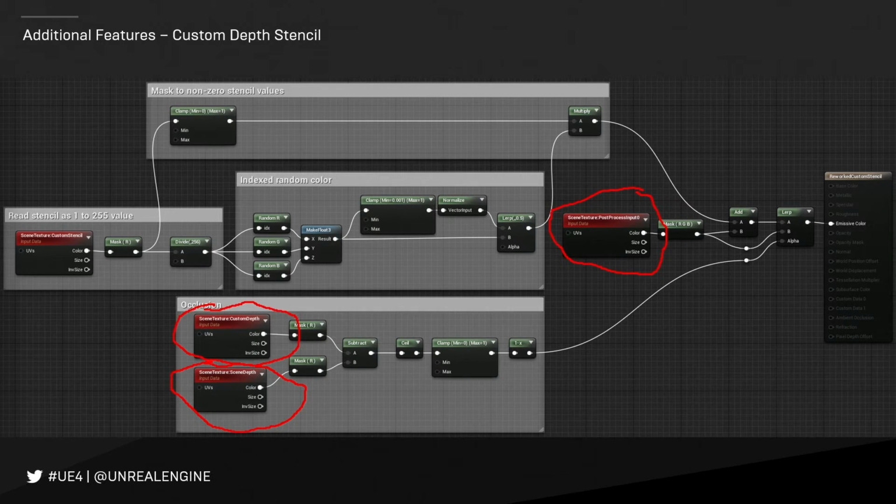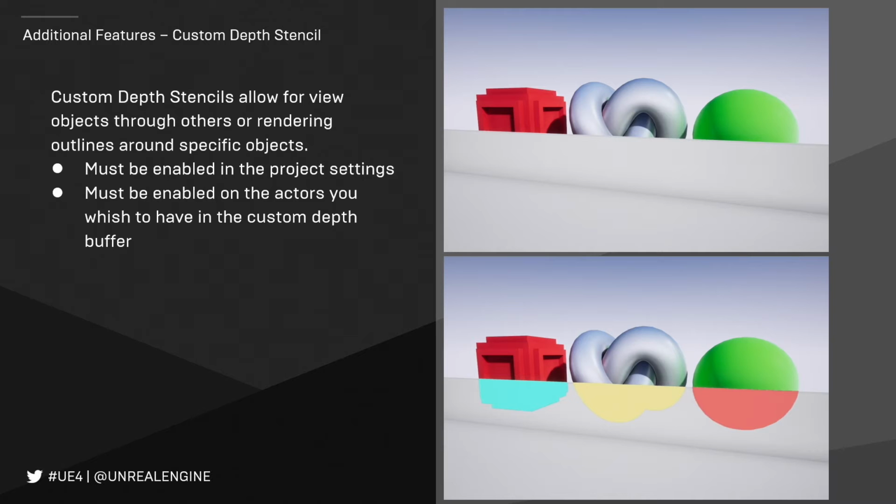Now, I bring this up because if the custom depth asset is further away than the current scene pixel, we can then create this outline effect on the bottom. So if you were doing CAD data inside of a machine, you could go ahead and just tag internal components so you could generate outlines for those specific assets. Do you get what I mean? So this would allow you to have like X-ray vision for certain assets in your scene, depending on what you wanted to show to a client.